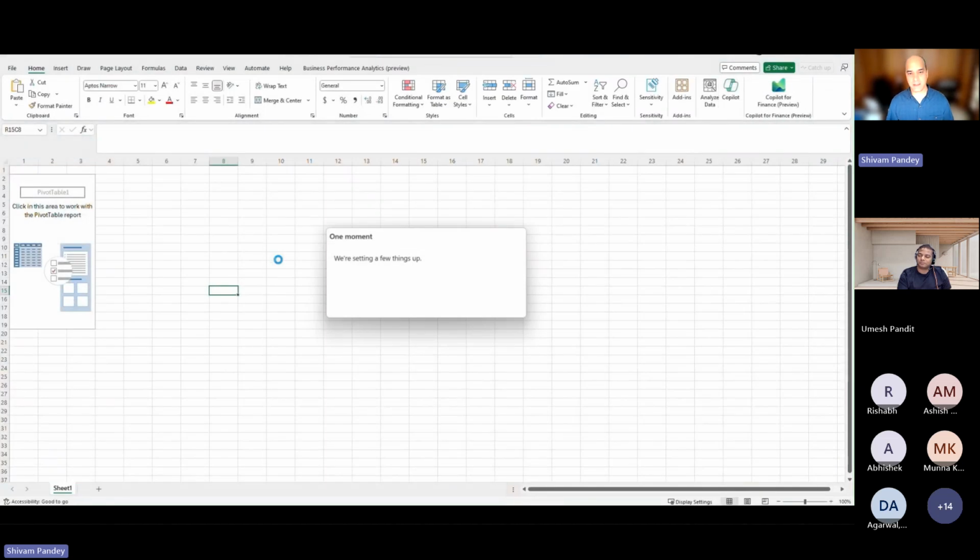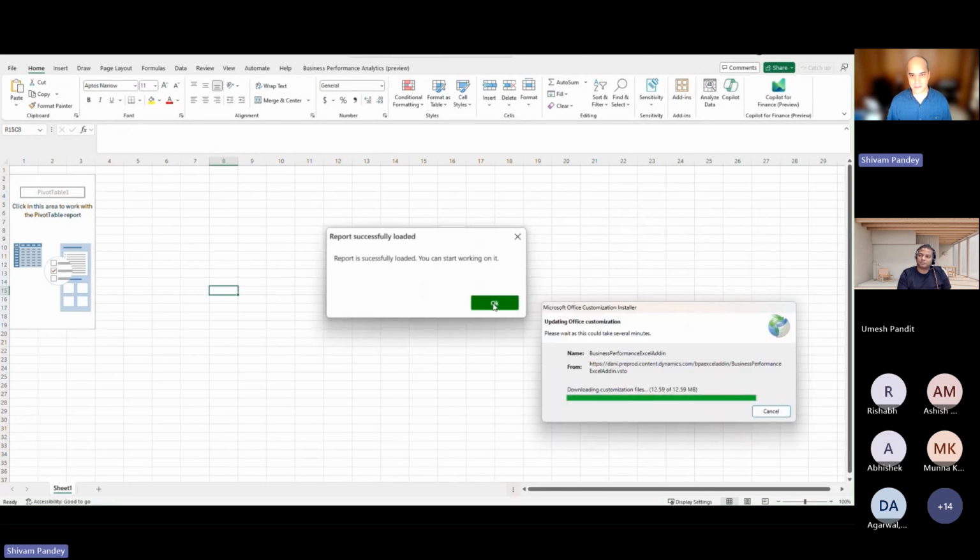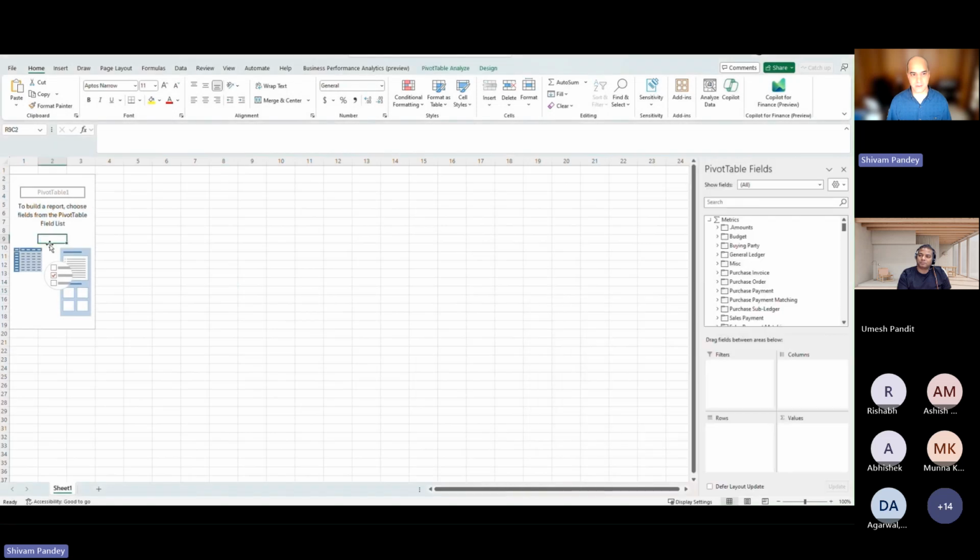So the add-in is loading. We're trying to make it faster, but it's still slower. But anyway, the add-in loads. It's the first time installation, so that's what we're showing. The add-in loads, and then when you go on the pivot, you can see all those tables and fields